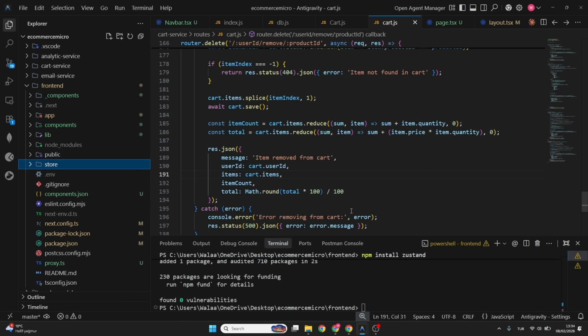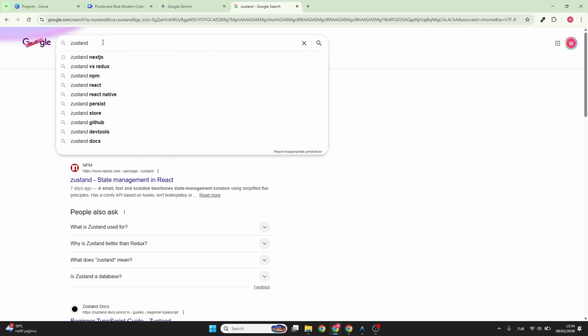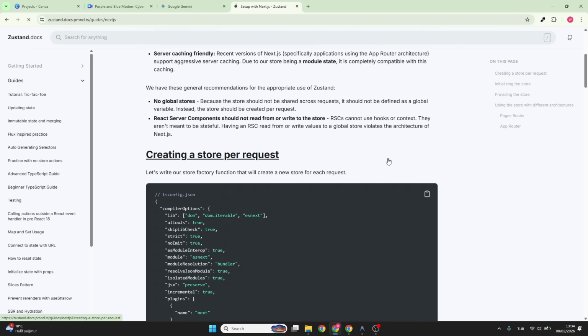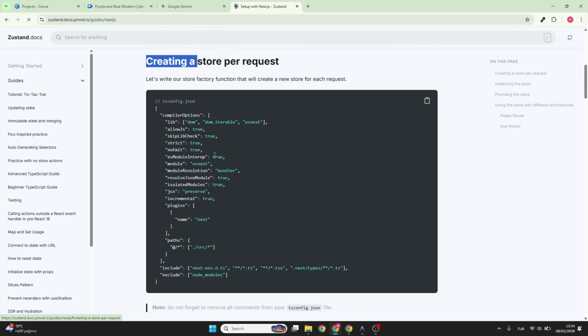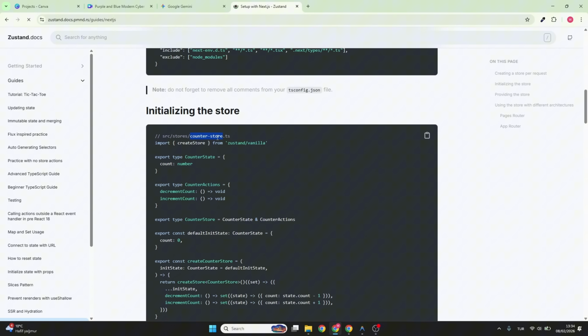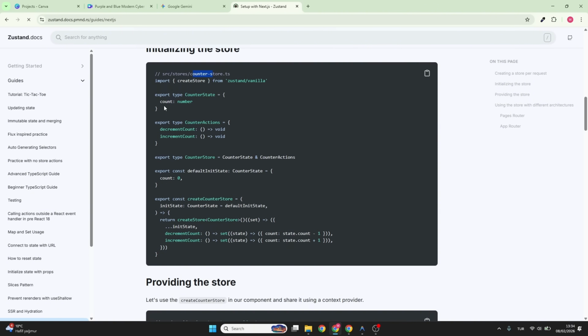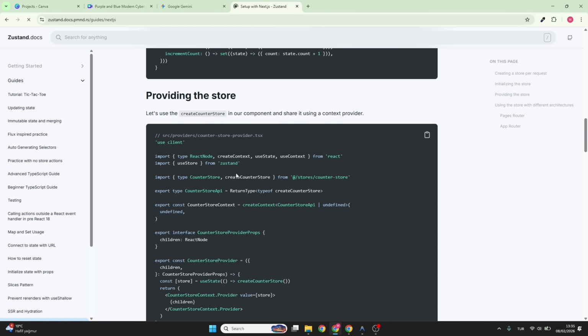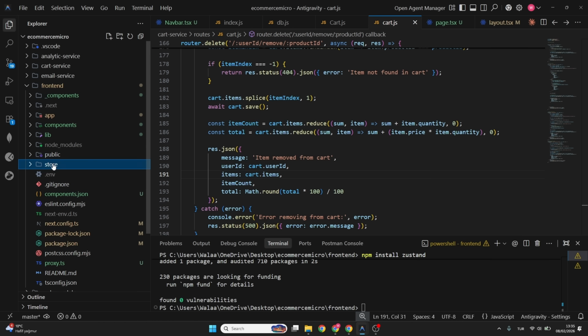By the way, I will show you the Zustand documentation. Zustand Next.js. That's it. Here is the documentation. It handles things with something called a store. So after installing it, we have to create a counter store, and in our case we have a cart store, and here is how we can handle it with Zustand. It's very simple. So here I will create a new file, cart